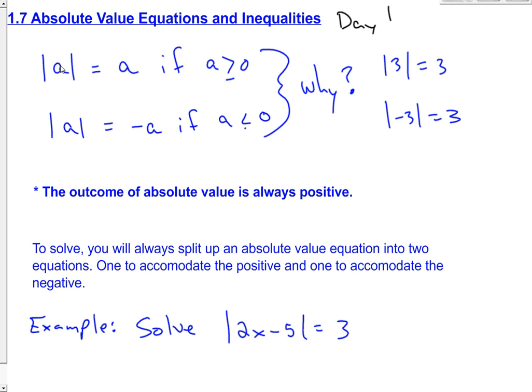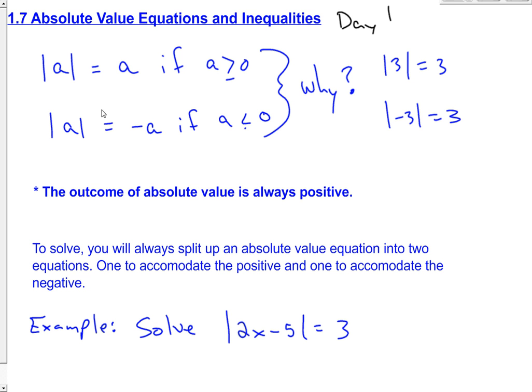So if the number inside here is positive, you take the absolute value, your answer is going to be the same as your number that was on the inside. That's if A is a positive number. If A is a negative number, then your answer is the opposite value. So it's going to be